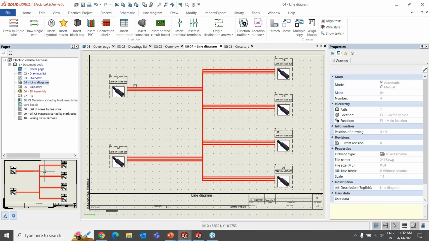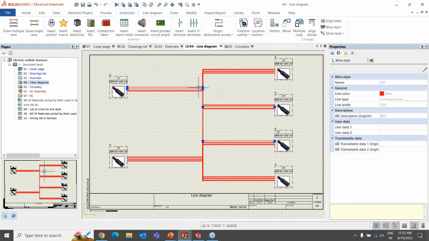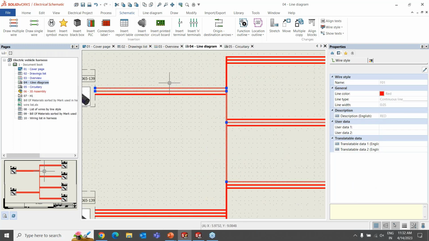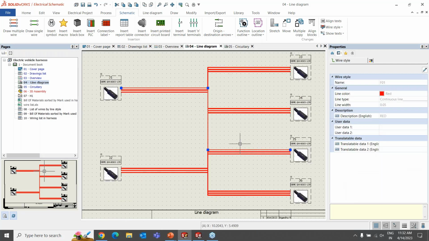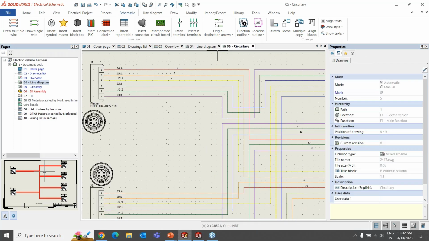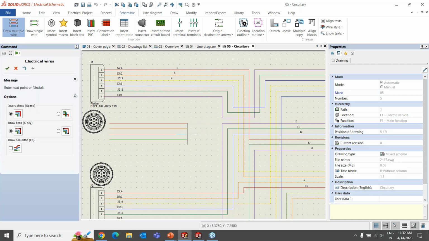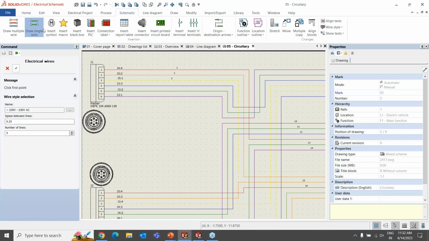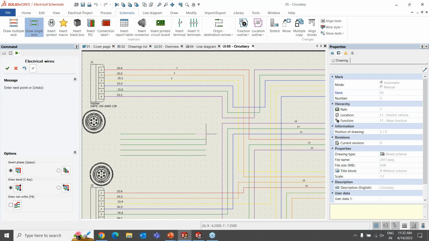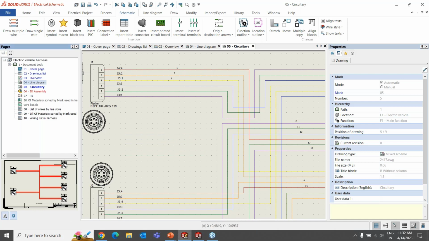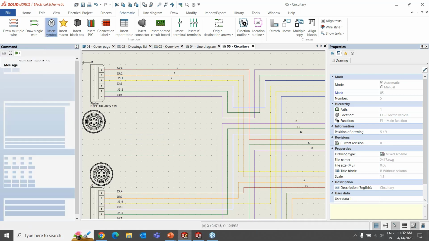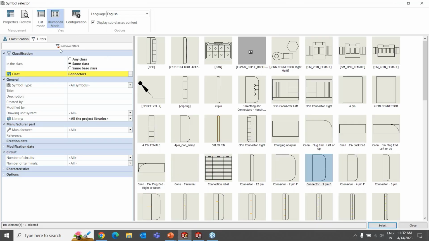Here in the line diagram, I'm just saying that there is one line running through here. So what is the first line? The first line is just a connection between J1 to J5, but I don't understand what are the wires running from J1 to J5 exactly. So to understand that, you have the circuitry where I'll be able to provide any kind of wires. You can choose how many wires you want to draw and just draw them like this, or you can make a single wire. You can try to add it multiple times. These functionalities are available. Here also we have the insert symbol option, where the same kind of procedure can be followed,